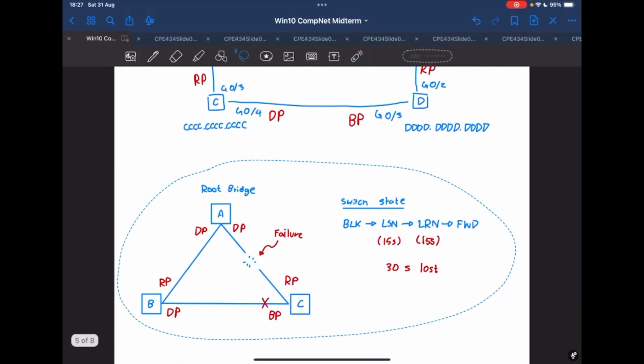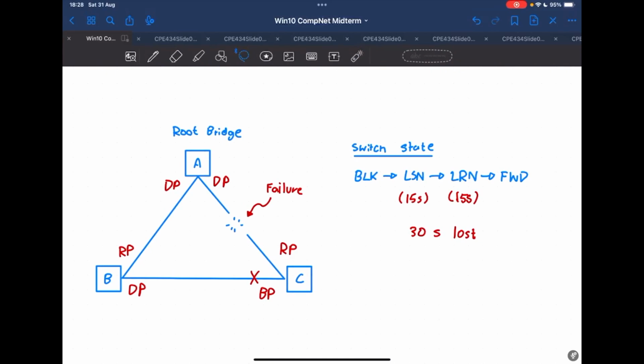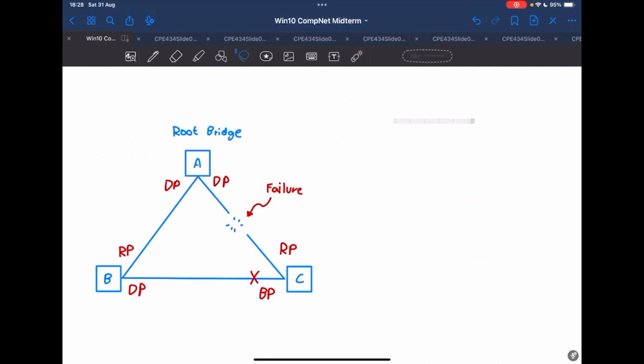In case the system link breaks, we have to calculate how long it takes for the network to reconnect. Let's say these are all connected, this one is the root bridge, and then the link breaks here. Whenever there's a failure, we have to consider how long it takes. First, when the link breaks, it doesn't know yet; it has to wait 20 seconds before it starts to notice, so it will be the